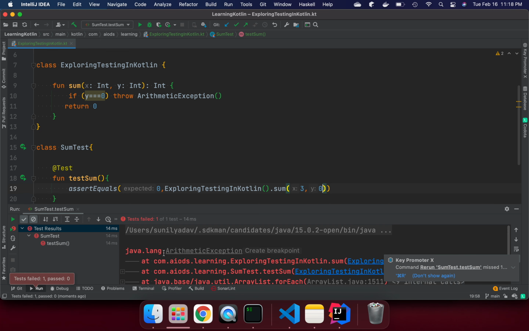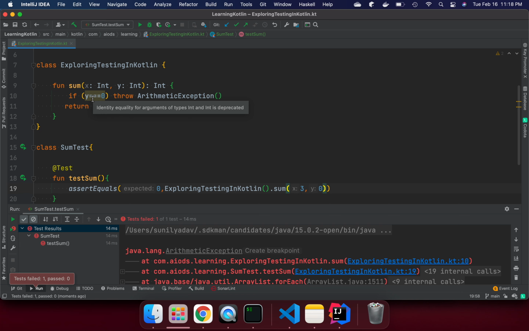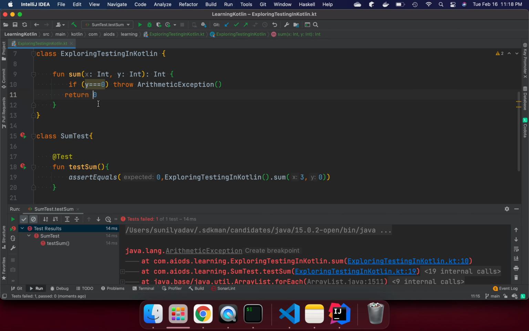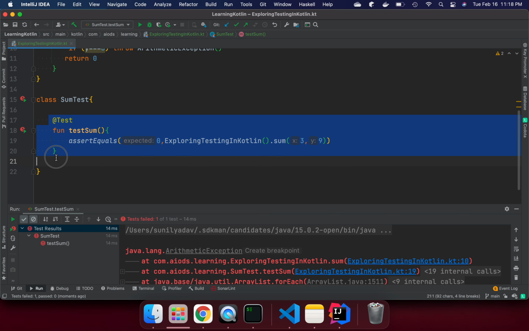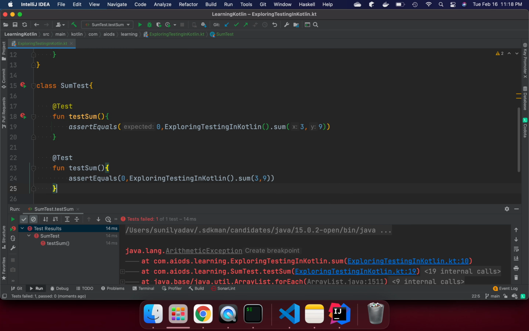But if we pass 0 in the y position, let's see what is happening. We can see this is the exception we are getting. So in this method we have two cases to cover. One is if you pass y not 0, let's return 0. But now this test case is failing. So how can we handle this arithmetic exception? We need to write one more test case, on how we can handle throws. Let's copy paste the same, and call it handle exceptions, whatever name you want to give. I'm just giving the name, it doesn't matter.